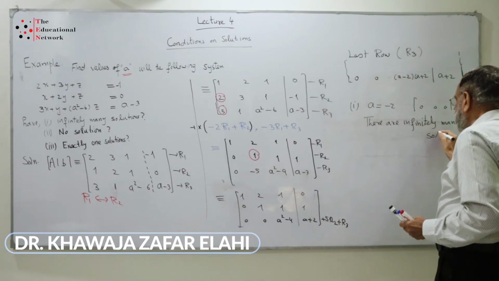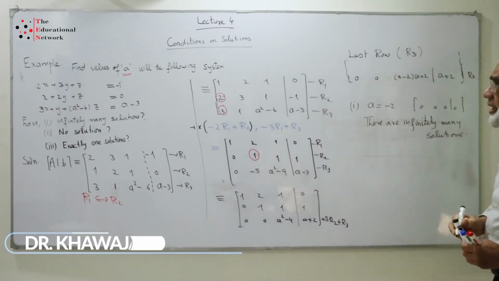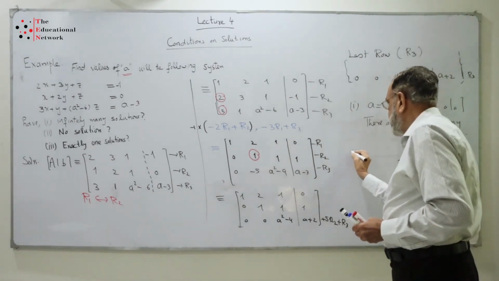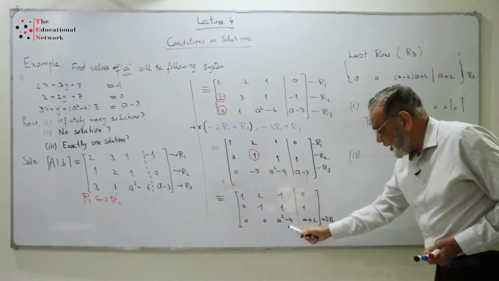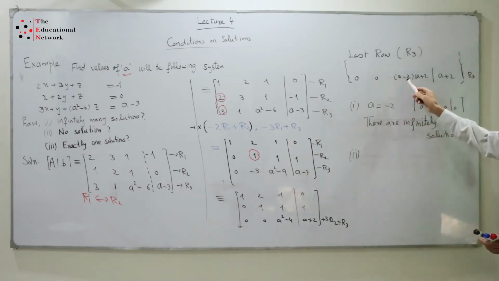Solution, and the system is consistent. When A is equal to -2, the system is consistent, it has many solutions. Number 2, no solution. Number 2, we are having here the case of no solution. For no solution, we say this is 0 and this is not 0. We can say when it is 0, we take A is equal to 2, this becomes 0 and this becomes